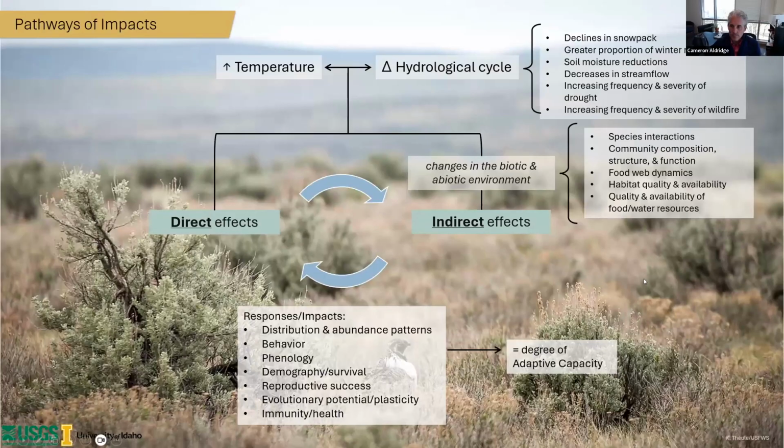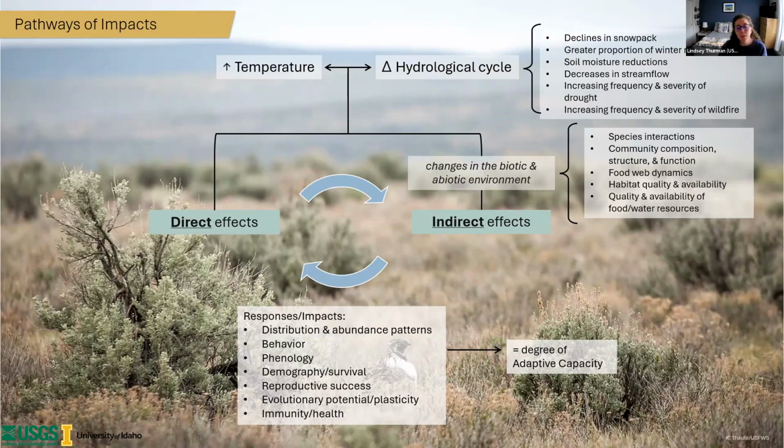So sort of a roadmap here. If you watched the first webinar, the presenters there covered sort of the physical basis for climate change. There was a great conversation about the effects of changing hydrological cycles and temperature regimes and how that sort of cascades into changes in the physical system, drought and fire and snowpack and moisture, et cetera. And what we're interested in here is how those physical changes are impacting wildlife species.